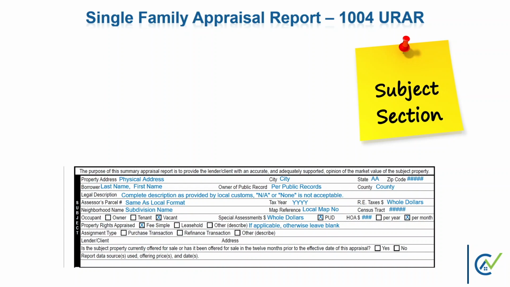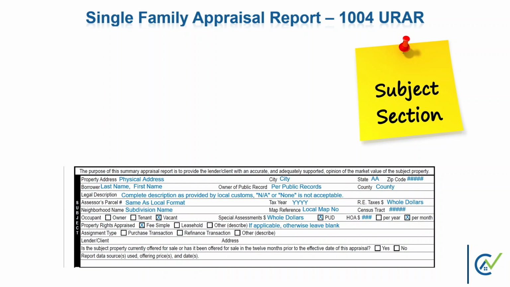This is the most common selection for residential properties appraised in the market today. Leasehold is an estate or interest in real property held by virtue of a lease. The borrowers own the structures, but not the land. This is common in places like Hawaii, but prevalent in other areas around the country, and adds to the complexity